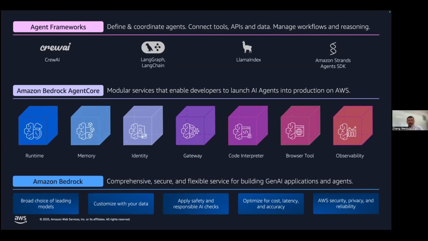And another component is the browser tool. As you can see here, we have one tool listed here. Actually, there will be many tools available in the future. So the agent can use any tools compatible with MCP, or you can even use code to call your functions to call any tools.